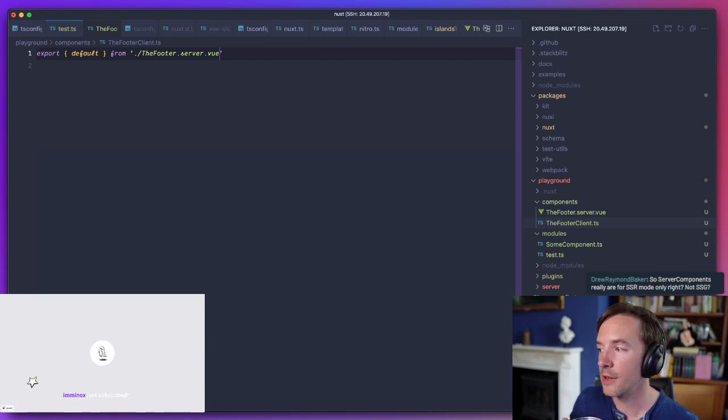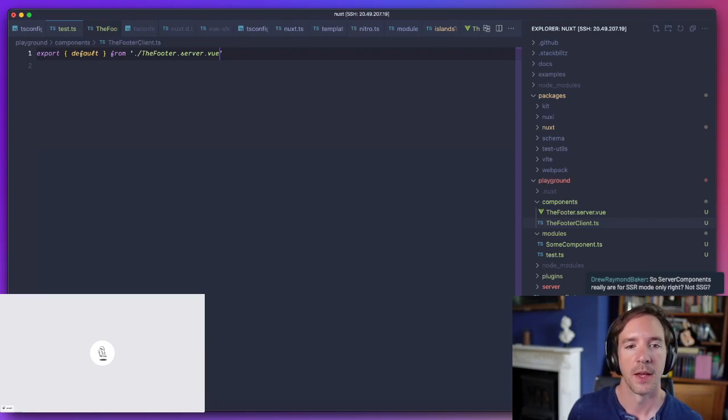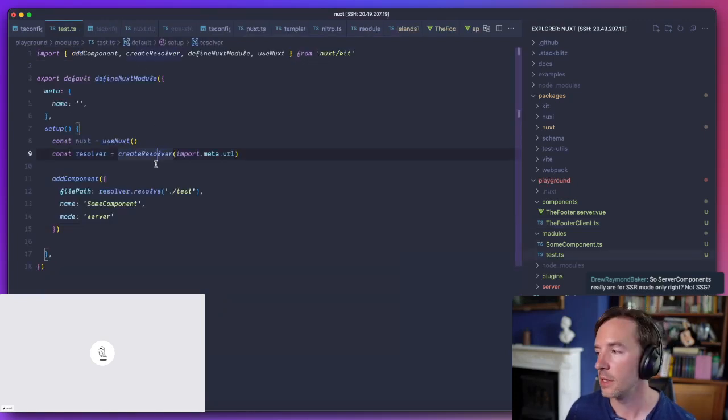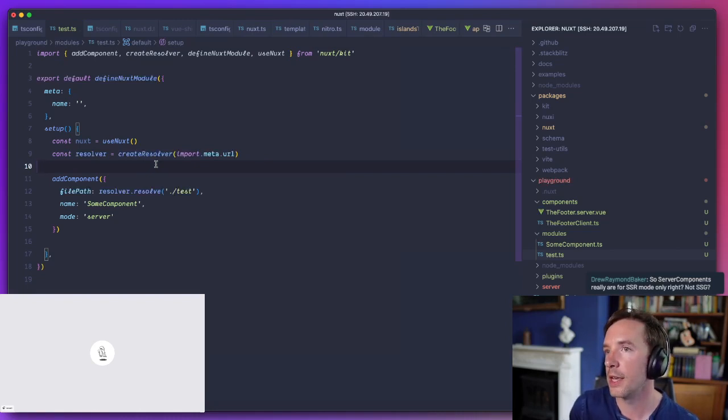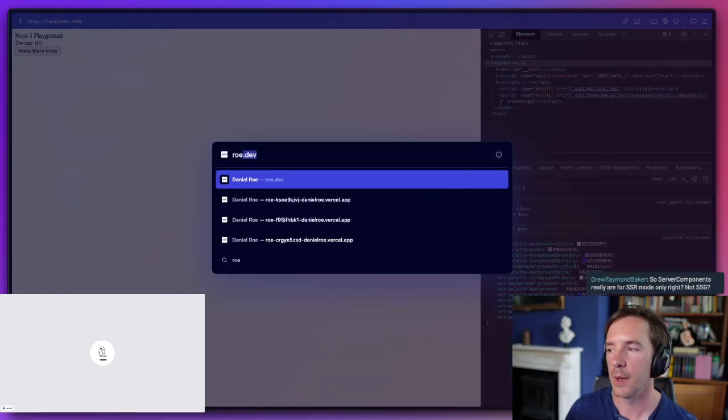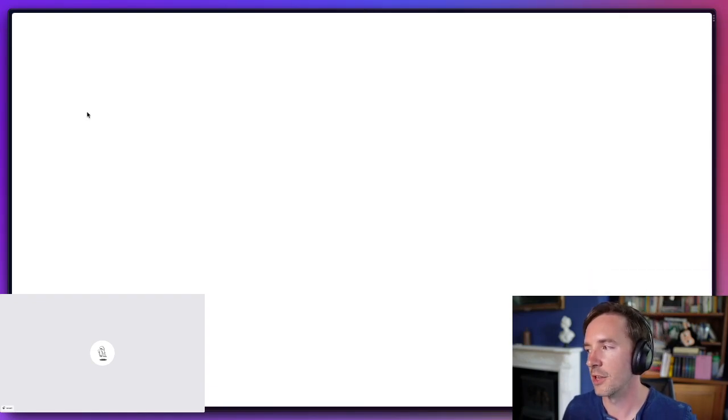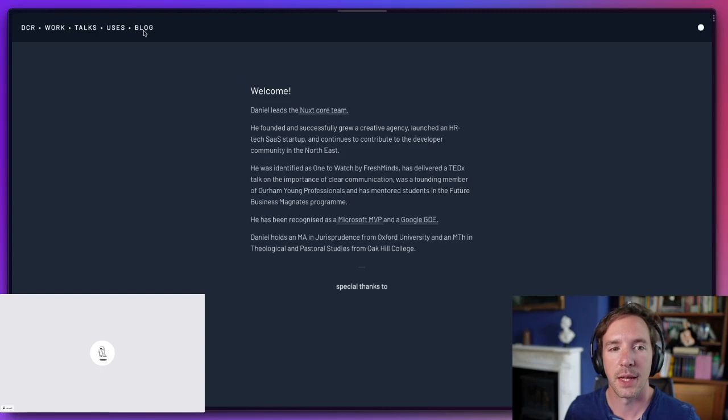They work in both SSR and SSG. So my website, for example, is SSG, and it's got server components in it, which I think is a perfect use case for it, because with an SSG site, you still have client-side JavaScript. You have JavaScript that runs to hydrate and then do things on the page. So my website, which is not a wonderful website and doesn't have a lot in it, but basically, for example, the blog.